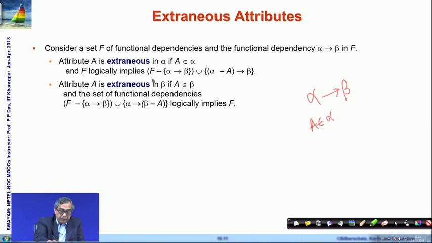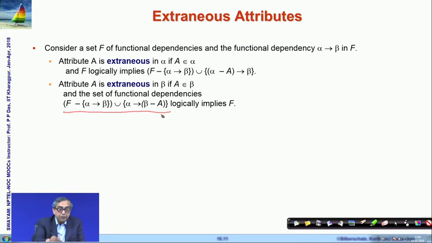To test that, we form a new set by removing the original functional dependency and adding the new functional dependency where the left hand side does not have that A. And if F logically implies this, then certainly we can conclude that A on the left hand side of the functional dependency was extraneous. A similar thing can be done for checking if there is an extraneous attribute on the right hand side of a dependency,